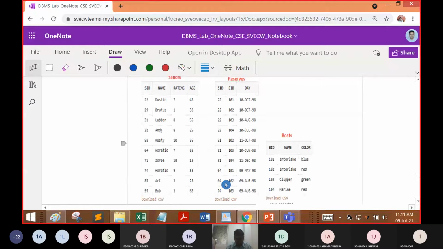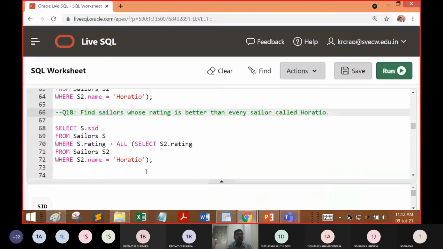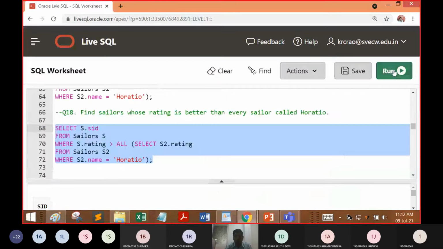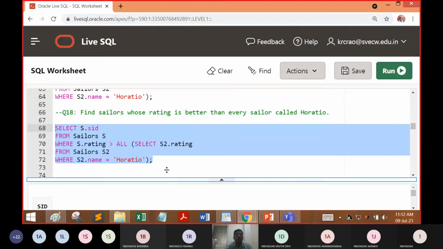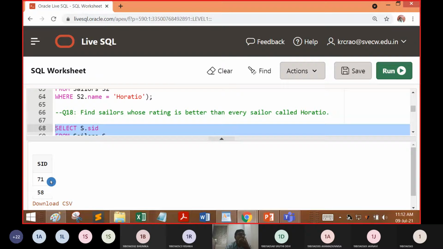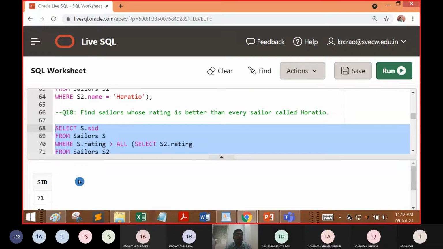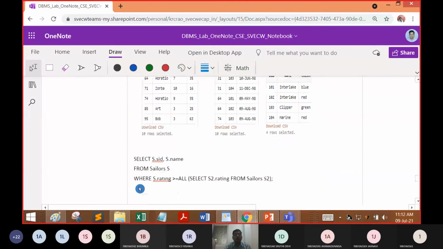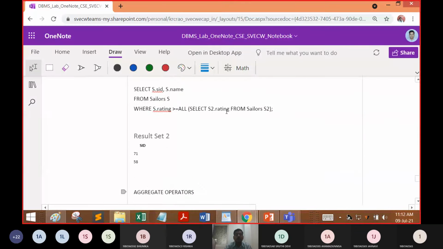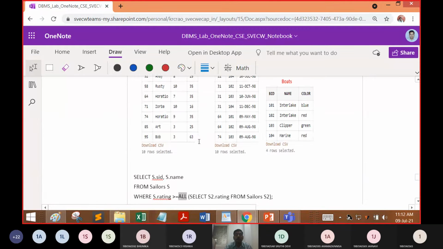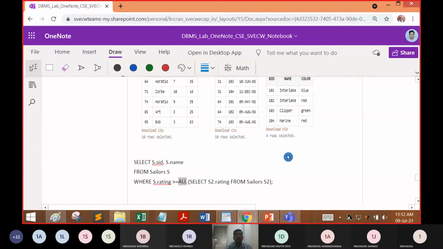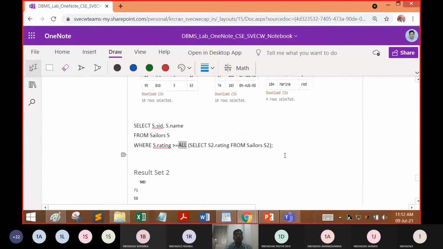So that means what is the check we need to ensure was, now instead of 5, now you can see the repeated values will be 71 and 58. Instead of 5 earlier, we are going to get only 2 instances. So what is the reason behind it? The reason behind it was, we say both Horatios.